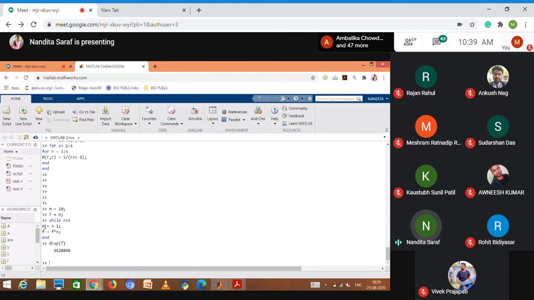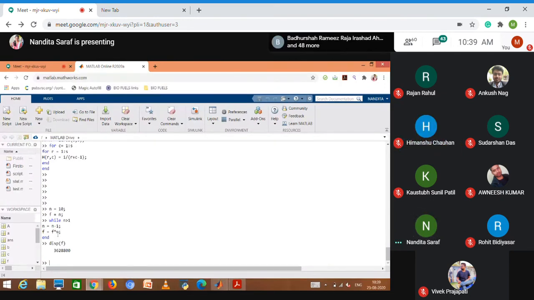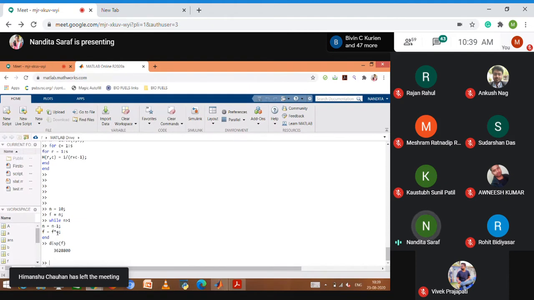So MATLAB will update the value of n using the initial value it has, subtracting 1. Now f will be updated as f into n. Initially, f is 10. My updated value of n is now 9. So it will be 10 into 9.